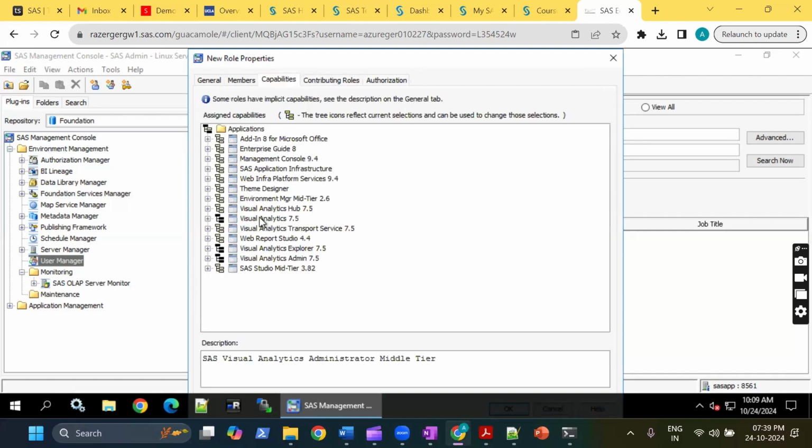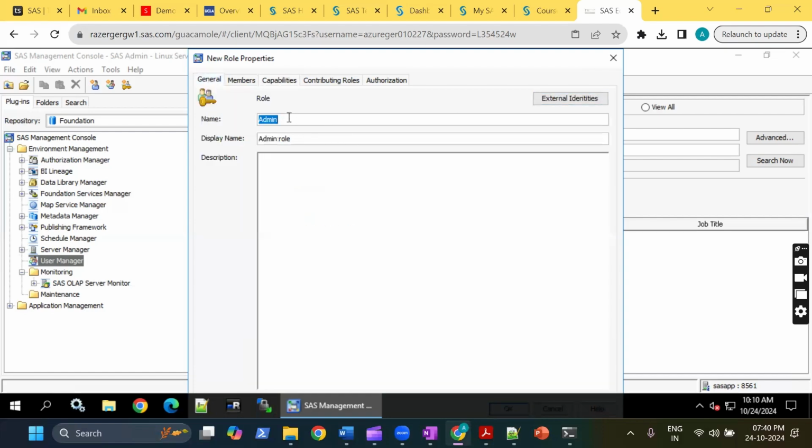So the capabilities also we have selected, visual analytics, and these are the applications. Once we select Web Report Studio, we don't need visual analytics. So I have selected these applications. This group name also we will change to visual analytics team. So now I am creating this role, so that whenever I am adding any new user,